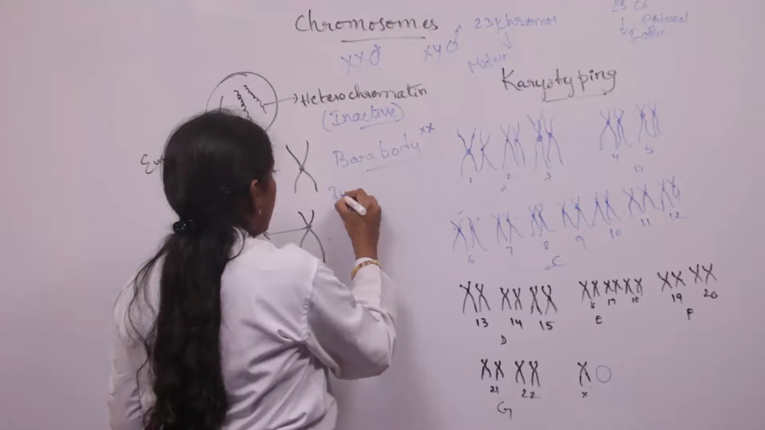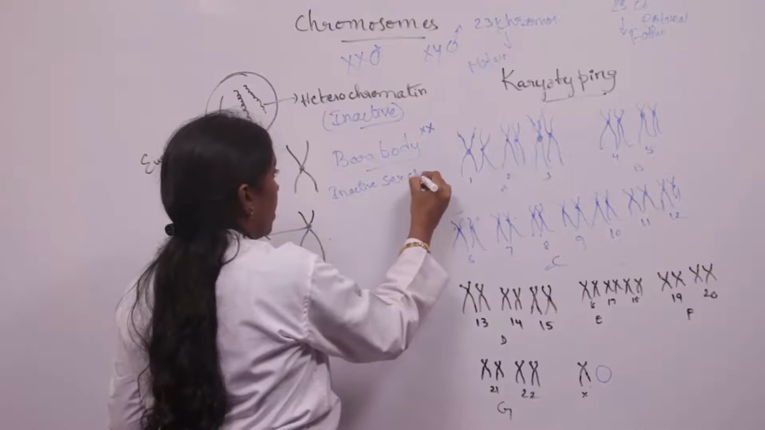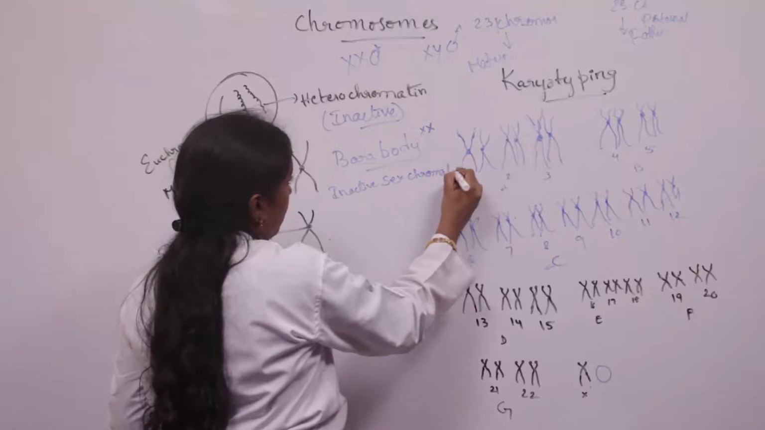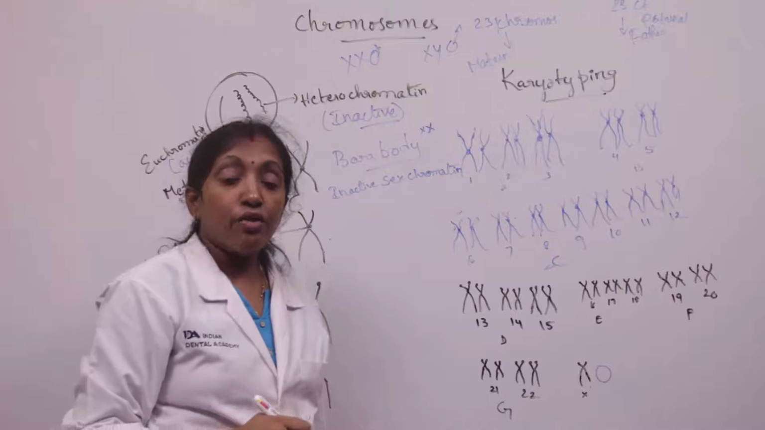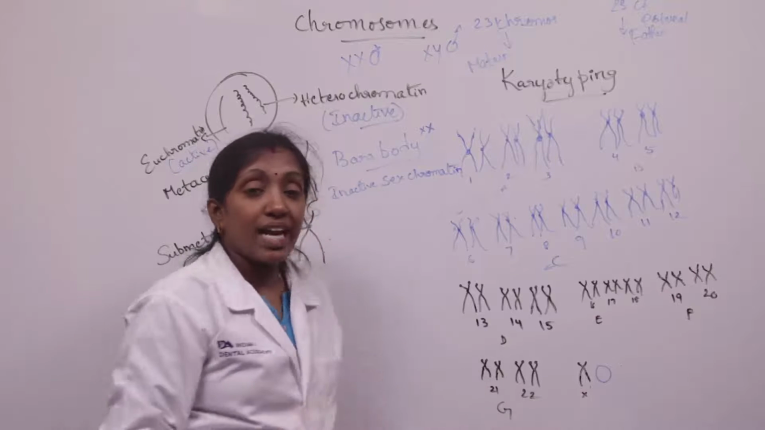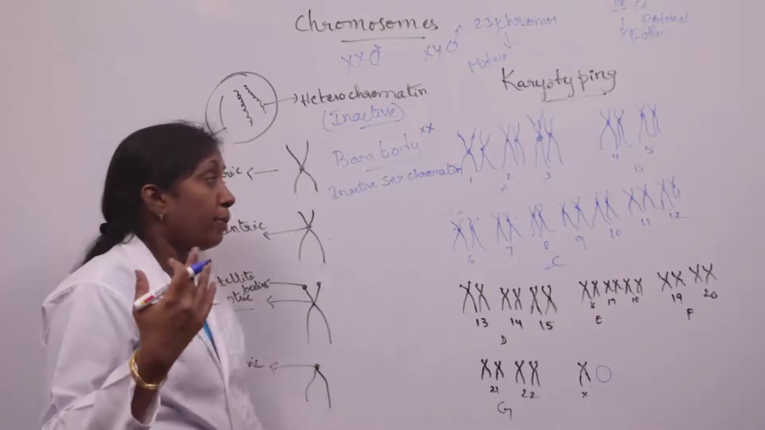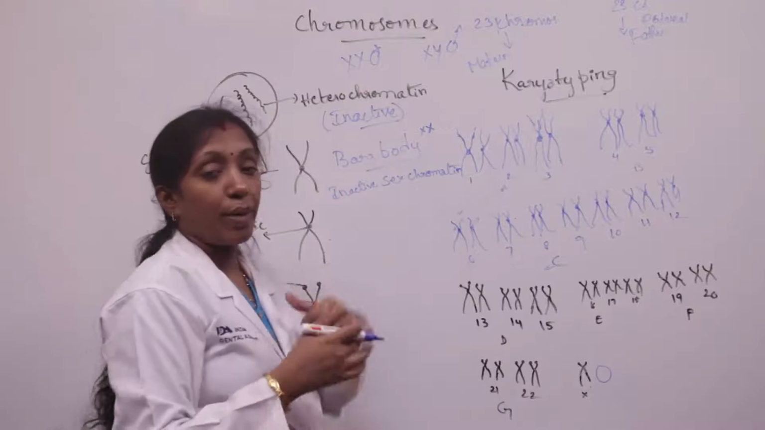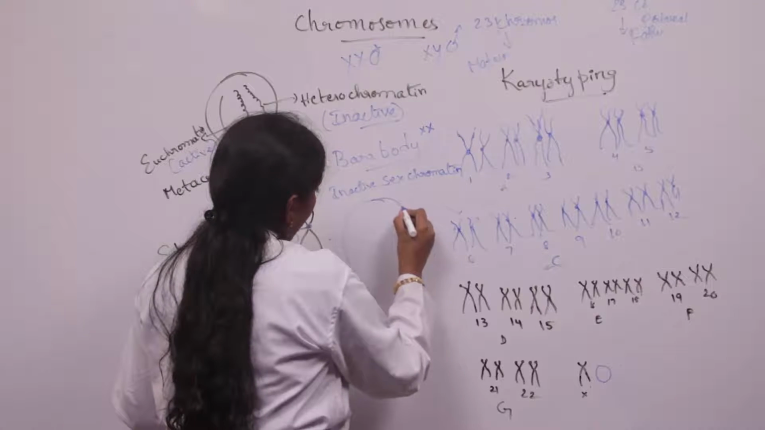So what does barr body mean? It is inactive sex chromatin. Inactive sex chromatin is called barr body, and it was first found by Barr and Bertram in female cats. In the female cat, the barr body was first identified by these 2 scientists, Barr and Bertram. So inactive sex chromatin is called barr body, and it is a plano-convex